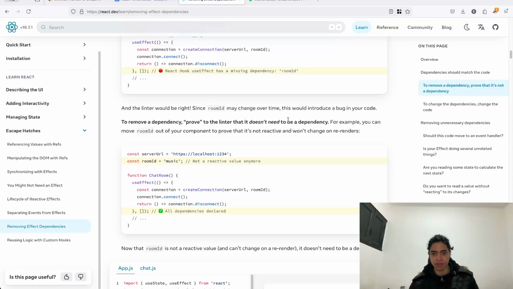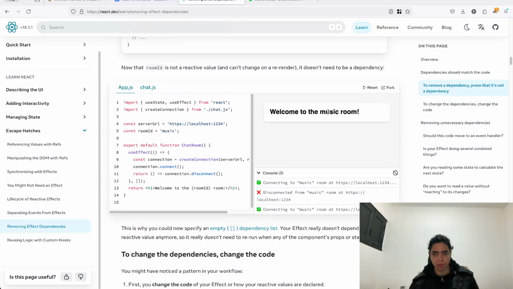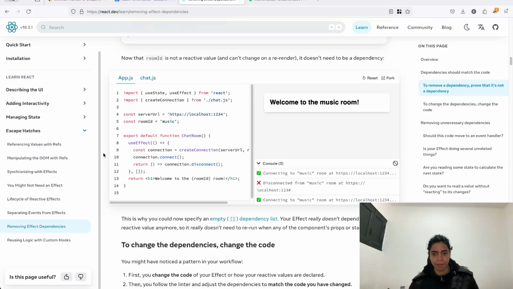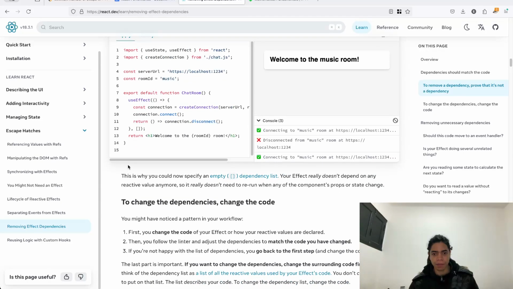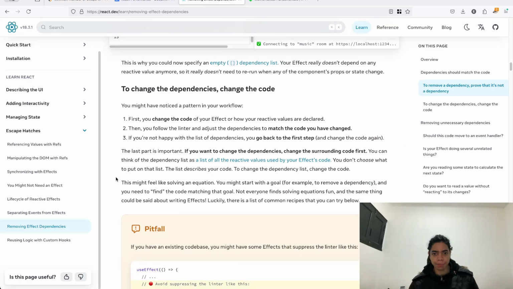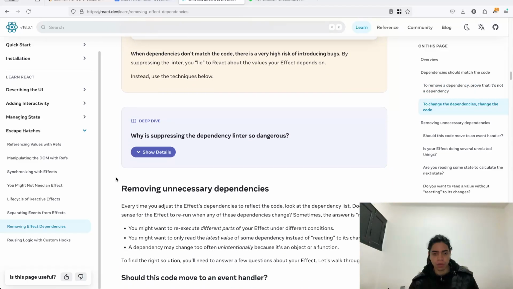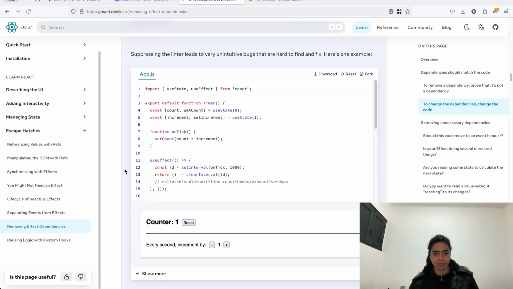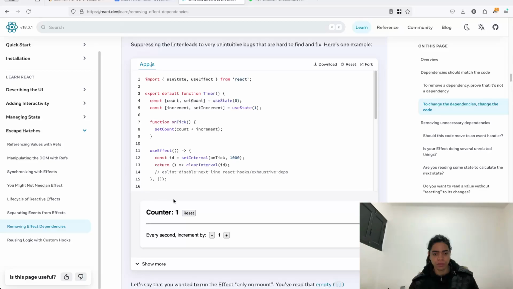Prove to the linter that it doesn't need to be a dependency by moving it outside. Why is suppressing the dependency linter so dangerous? Because after you click here,